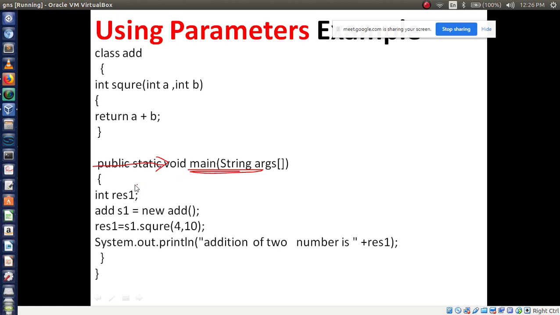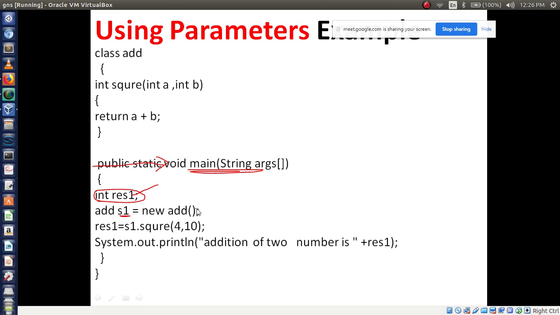Now what have you written inside this main method? One variable you have defined, that variable name is result1. Okay, done. There is no operation. Next you are creating an object, that reference variable is s1. Okay, s1 you have created.